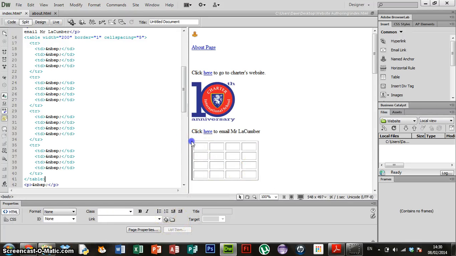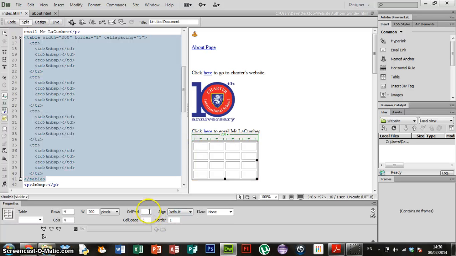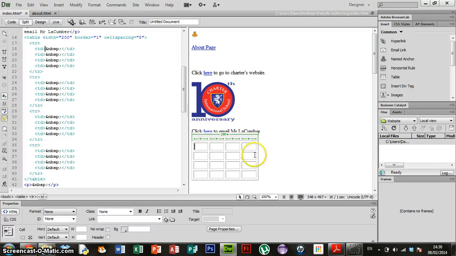Okay, and to show you what cell padding is, I'm just going to put some data into this first of all. So I'll just call this 1, 2,